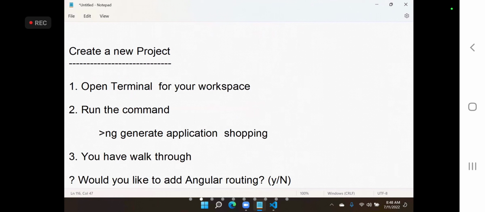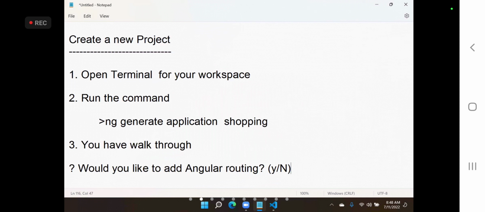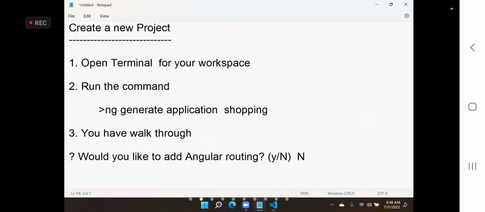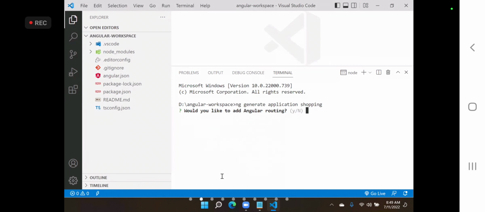So you have to walk through some questions. First question, would you like to add Angular routing? I will say no. Routing is very important for an Angular application, as it is used for designing navigation in the application. Why am I selecting no? Because I will create it manually. We will add it manually when required. As of now, we don't. Later, whenever required, we can add it for routing. If you say yes to routing, one extra file will be added in which routing is readily configured. But that is a very important topic we have to learn. That is the reason we will do it manually. So I will say no.